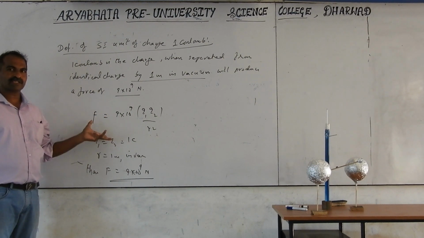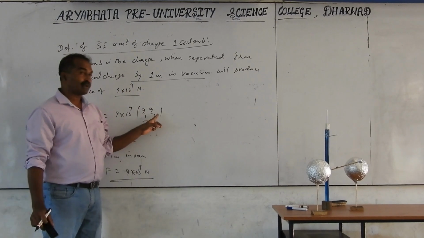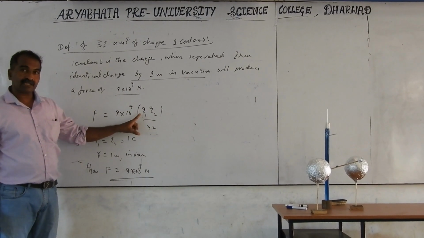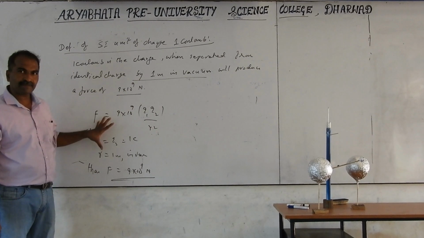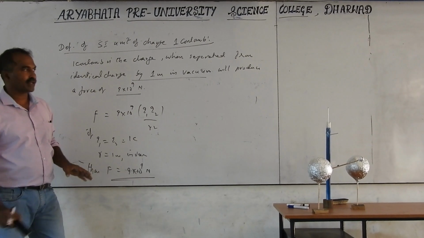If you take unlike charges, the force becomes attractive. The formula is the same. So the Q1 Q2 formula that you are using is applicable for point charges, at rest or in motion. Another thing is that for like charges also and unlike charges also, the formula is the same. For unlike charges the force is attractive, for like charges the force is repulsive. That's the difference.